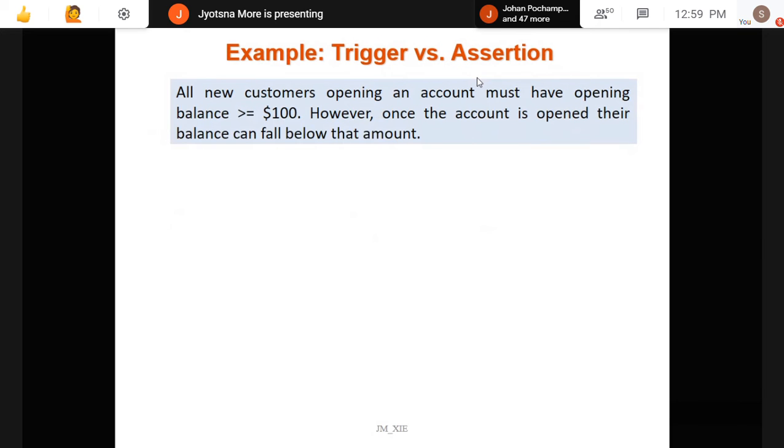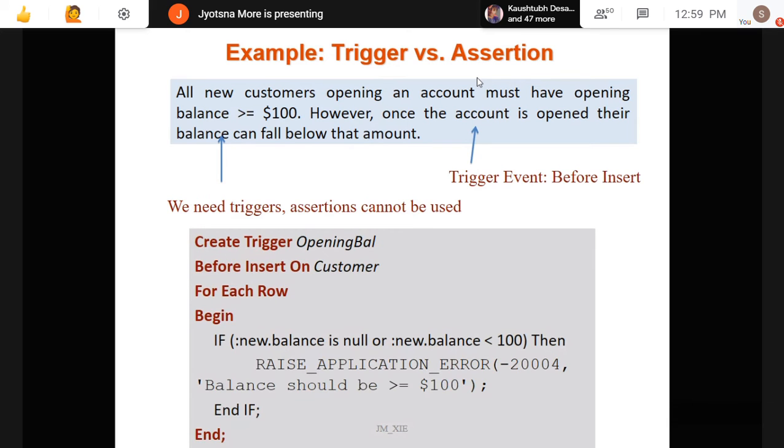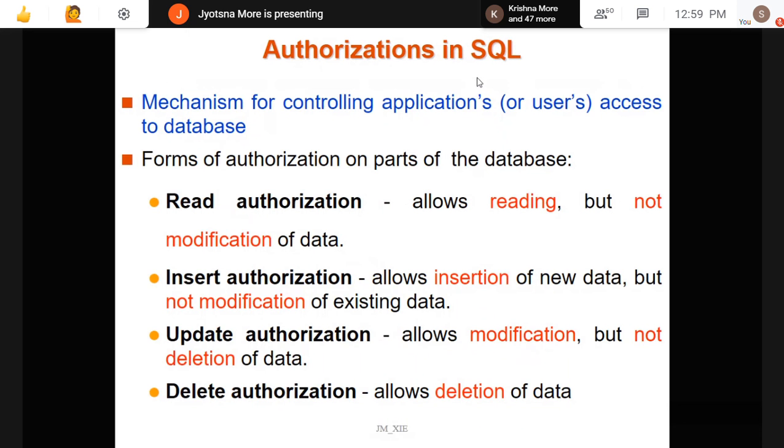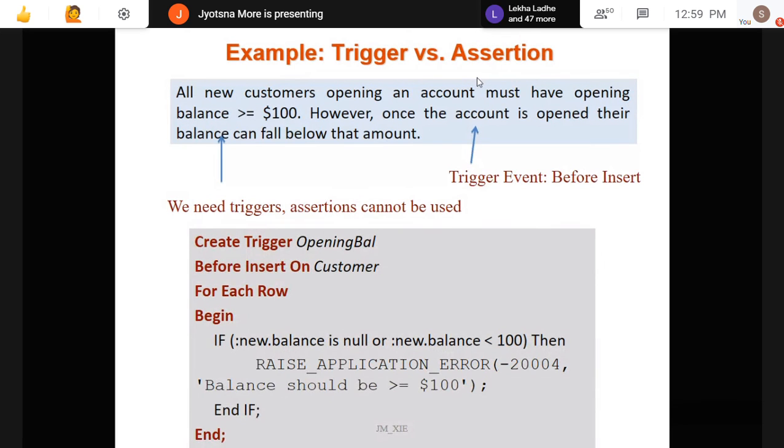So now this is one example. In this, you can create a trigger, but you cannot create an assertion for this, where it is for the before insert event, and the example of that is just given for your understanding. Okay, now that is about the trigger and assertion part, which was one of the